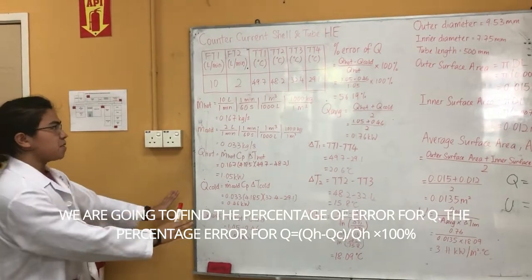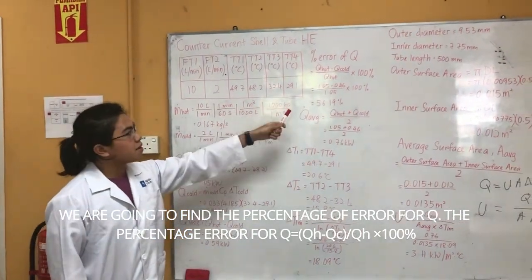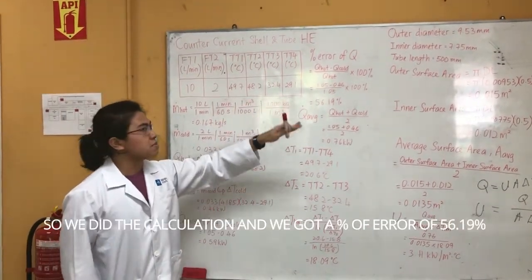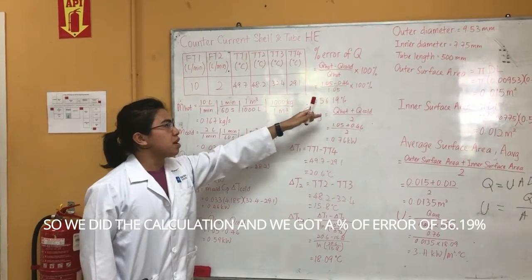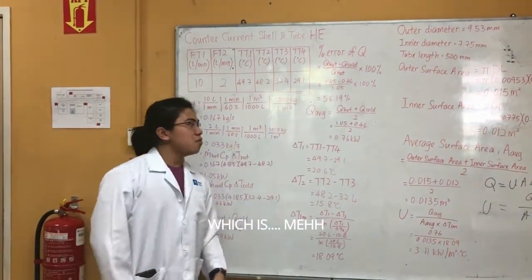So that is done. We're going to find the percentage of error for Q. So percentage of error for Q is Q hot minus Q cold over Q hot times 100%. So we did the calculations and we have a percentage of error of 56.19%, which is